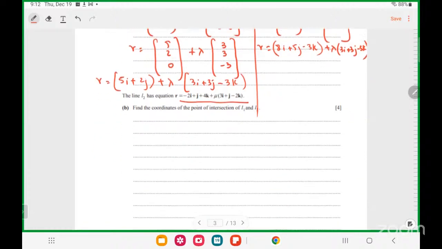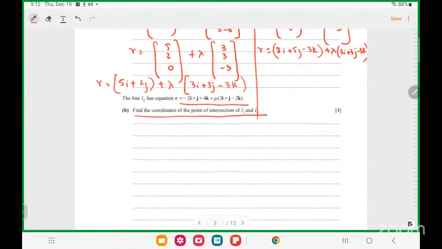Then the question says L2 has this equation. Find the coordinates of the points of intersection of L1 and L2. So आप वर्किंग किसी भी फॉर्म में कर सकते हैं. फाइनल आंसर्स जिस फॉर्म में क्वेश्चन है उस फॉर्म में देना एडवाइजेबल है. सो सवाल इज इन कार्टेशियन फॉर्म, यू कैन वर्क इन कॉलम वेक्टर फॉर्म, कोऑर्डिनेट फॉर्म. द क्वेश्चन इज इन कॉलम वेक्टर फॉर्म, you can do the workings in Cartesian form, that is IJK form. So that is your call, your choice. But please make sure you give the answer in the form of the question. So for convenience,